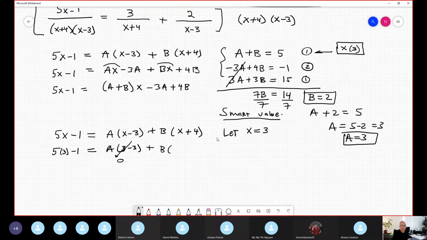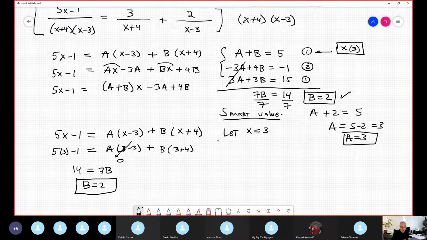Plus B times 3 plus 4. This is 15 minus 1, which is 14. And this is 3 plus 4, which is 7B. Therefore B is 2, dividing both sides by 7. We get exactly the same answer, avoiding the system of equations. Sometimes that's impossible. In another, more complicated example, you need to apply a combination of smart values and a system of